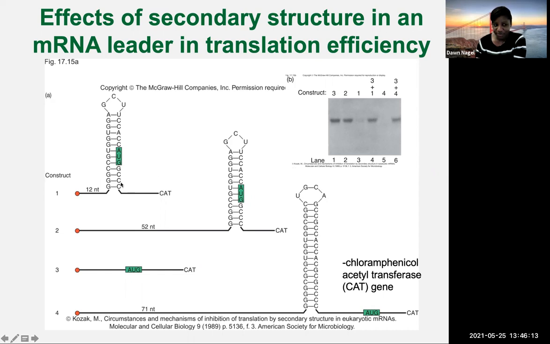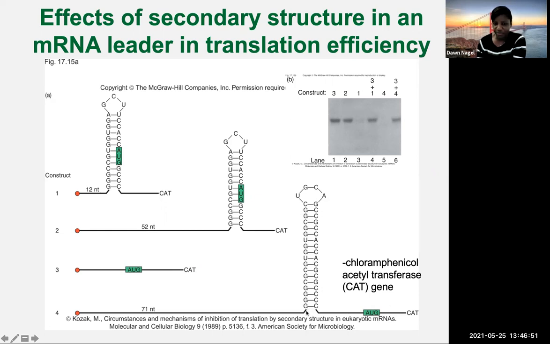In case of 1, you don't get any translation because this is 12 nucleotides. It's not even enough for the ribosome to fit there, right? So you cannot even get translation, right? These are kind of the same size, but the spacing here is really narrow compared to this. So the ribosome can't even get there to assemble, much less start doing anything. And this is just showing you when you combine 1 and 3, you can get stimulation because this doesn't prevent this from being translated. In number 4, which is what you expect, there's a huge hairpin structure even before the